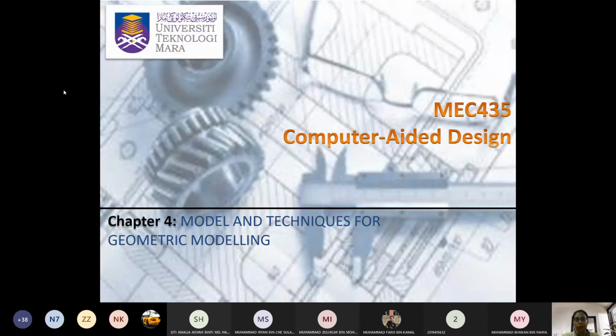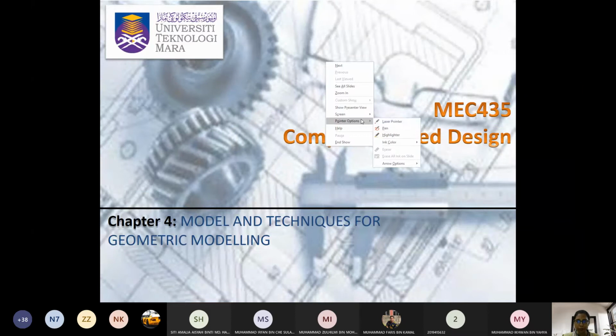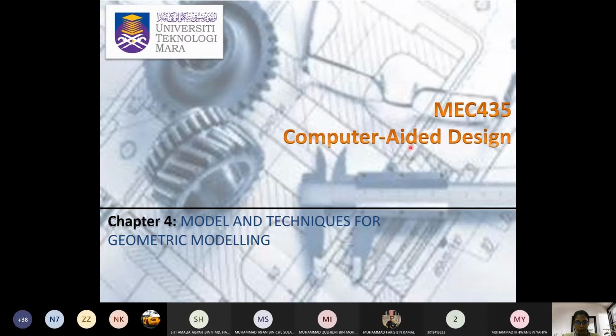Okay, so chapter 4 actually is going to discuss models and techniques for geometric modeling. A lot of the info and notes in chapter 4 is very directly linked with your lab work, because basically you're using CATIA for geometric modeling, and you would have gone through different modeling techniques like extruding, sweep, or